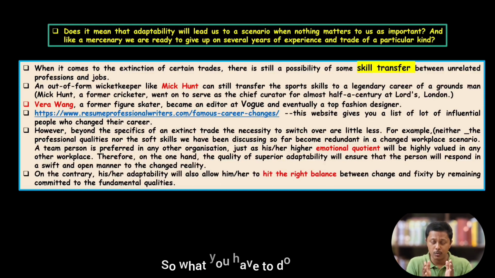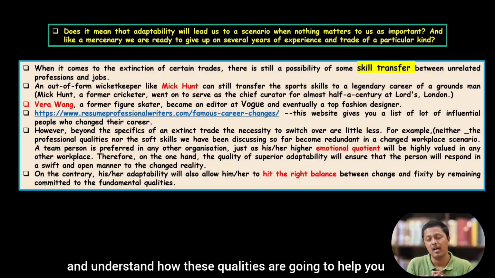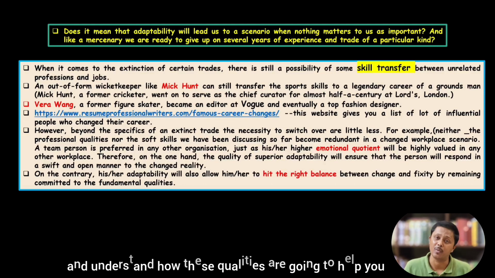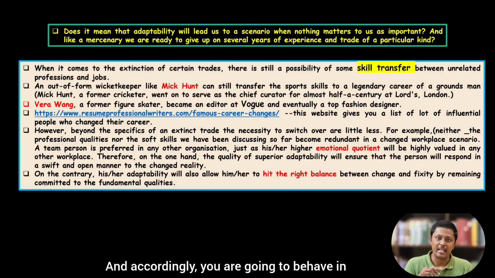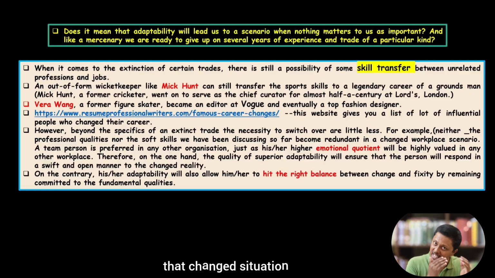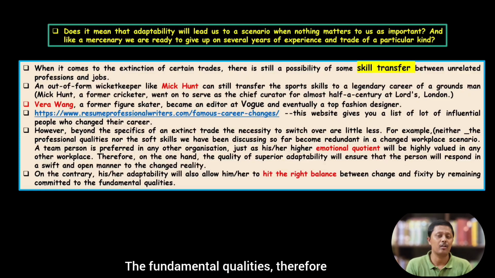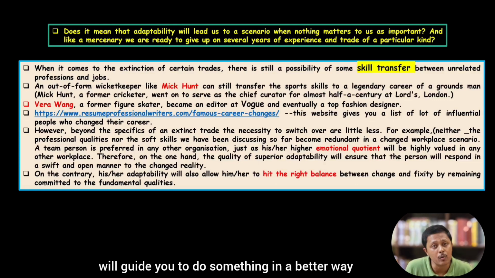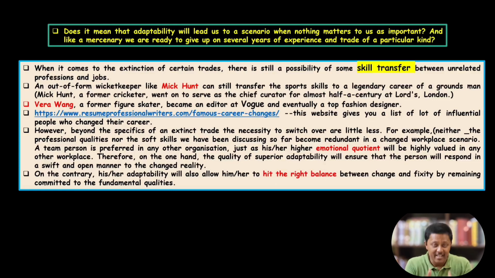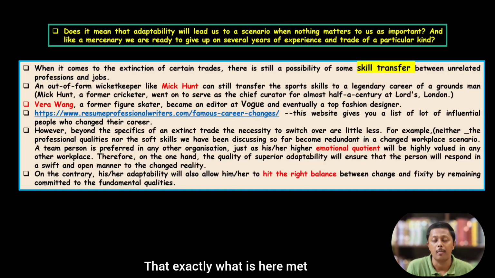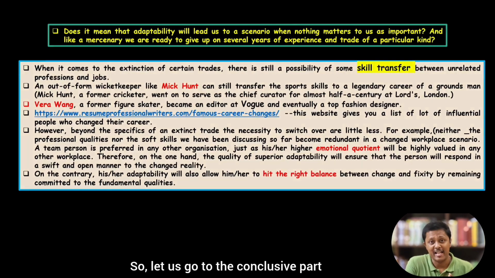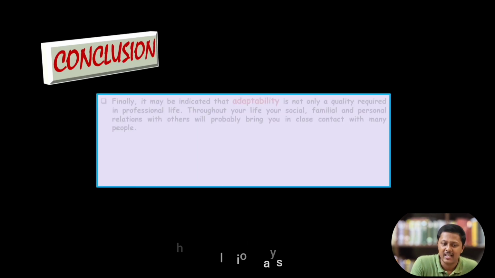So, what you have to do, you have to learn and understand how these qualities are going to help you, and accordingly you are going to behave in that changed situation or in a fixed situation. The fundamental qualities therefore will guide you to do something in a better way. That is exactly what is meant here. So let us go to the conclusive part. The conclusion says